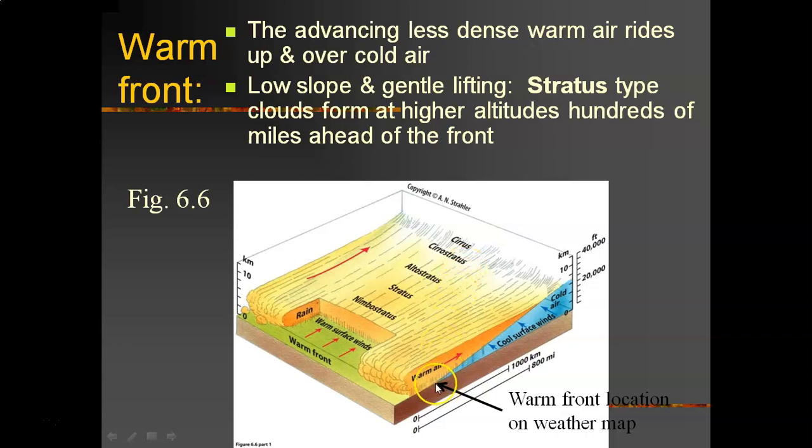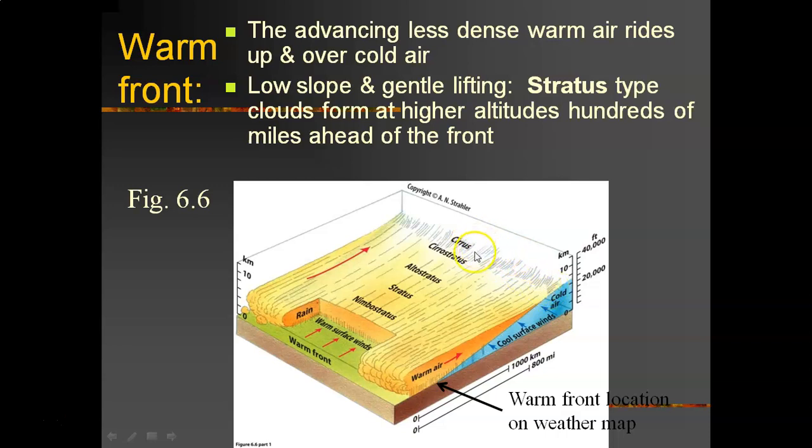And so the cloud deck usually, right, in advance of the warm front, usually extends hundreds of miles in advance. And so this is another big difference from a cold front. Usually with the cold front, you've got a narrow squall line of thunderstorms that moves on through, and that's it. With a warm front, you wind up with the lifting, right? And so usually maybe 1,000 miles ahead of the warm front actually moving through, you've got the highest clouds, the